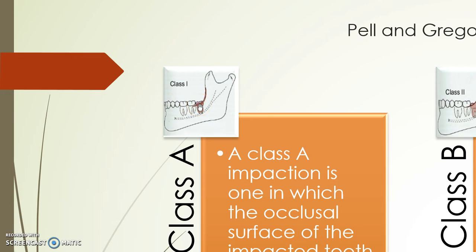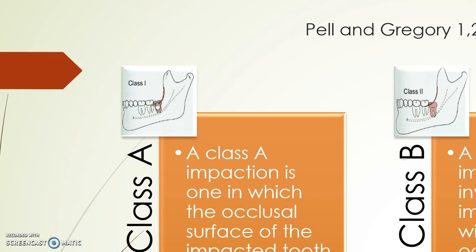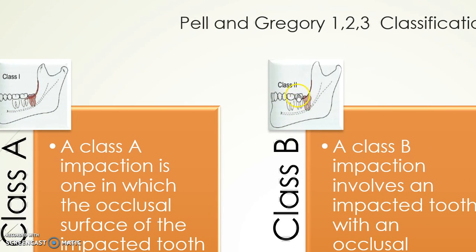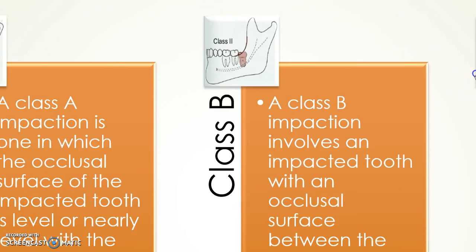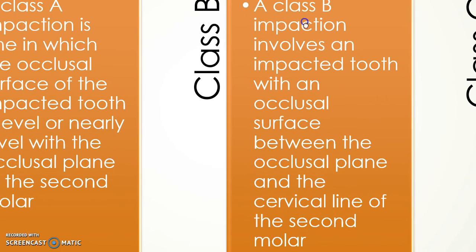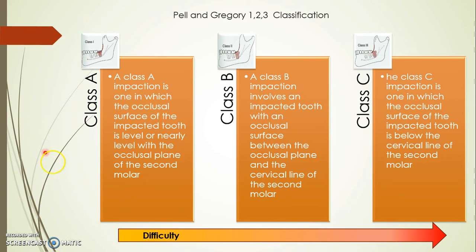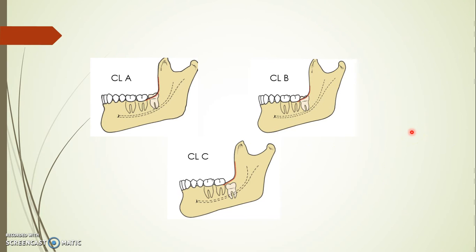So class A, the crown is almost at the same level as the adjacent second molar. Class B, the crown of the tooth is going to be somewhere between the occlusal plane of the 7 and the cervical line. And class C, it's going to be below the occlusal plane. Just ignore the mistake in the printing of this slide. And again, these are thorough and detailed images about class A, B, and C. So, as I said earlier, class A and the crown of the impacted tooth is